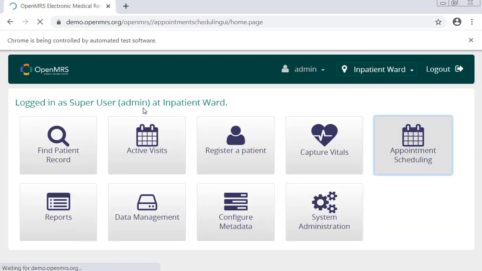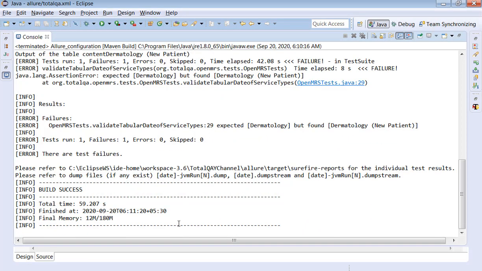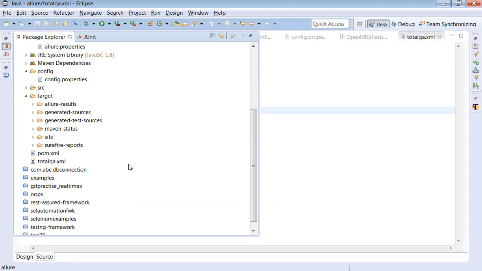Okay, enter admin123 in the patient board, click on login, appointment scheduling, then manage service types, then it will validate the tabular contents, and the test case will fail. We can see the test case failed. Now what we have to do here is,